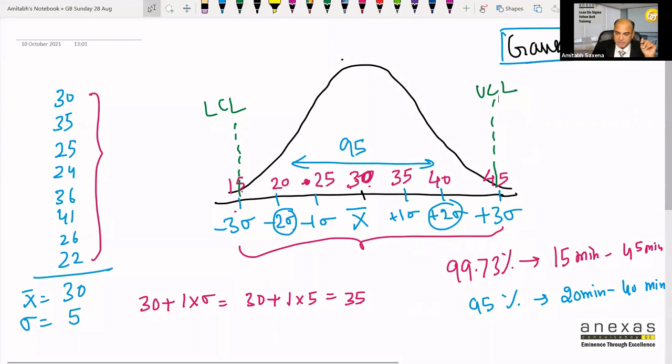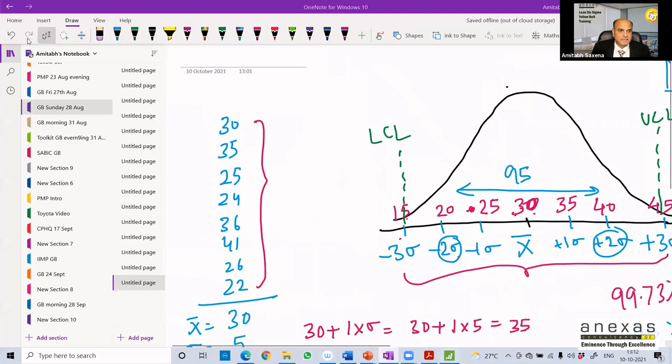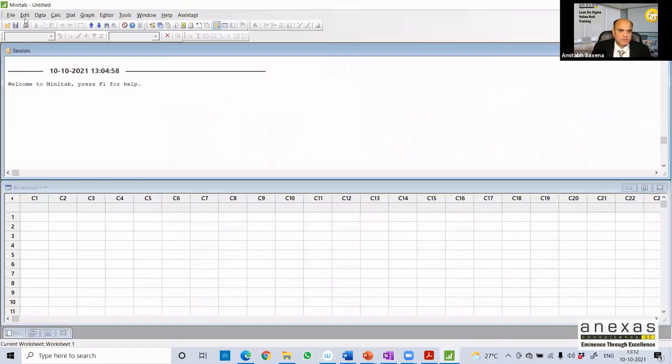If I take, let's say, patient discharge time in a hospital. And this is an example of real data, which